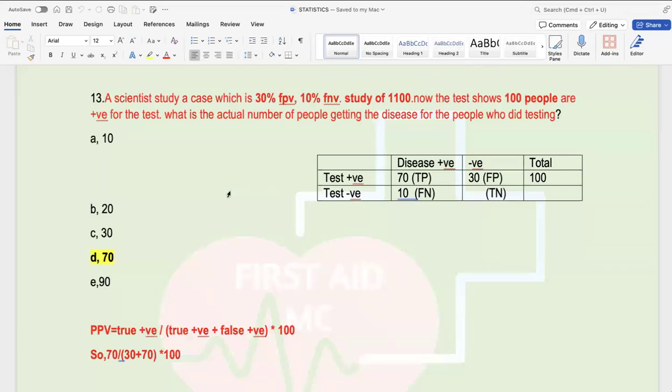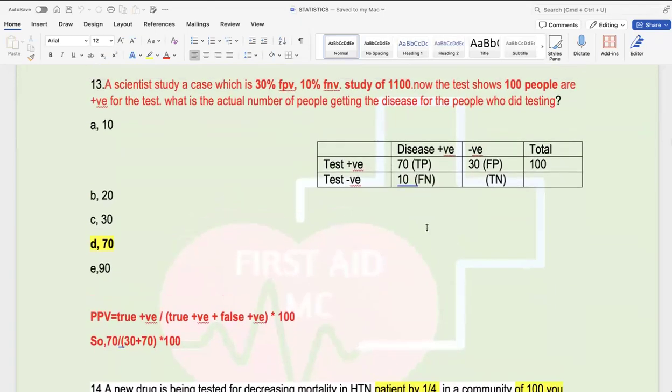Now, this is a question which will give you a little bit of headache, but let's go for it, right? So I think you are ready. So 2 into 2 table. 2 into 2 tables are used in a lot of stats to find out lots of things: sensitivity, specificity, true positive, true negative, false positive, false negative. So a lot of things come out from this 2 by 2 table. So understanding the 2 into 2 table is really, really important. Okay, so let's go through this a little bit.